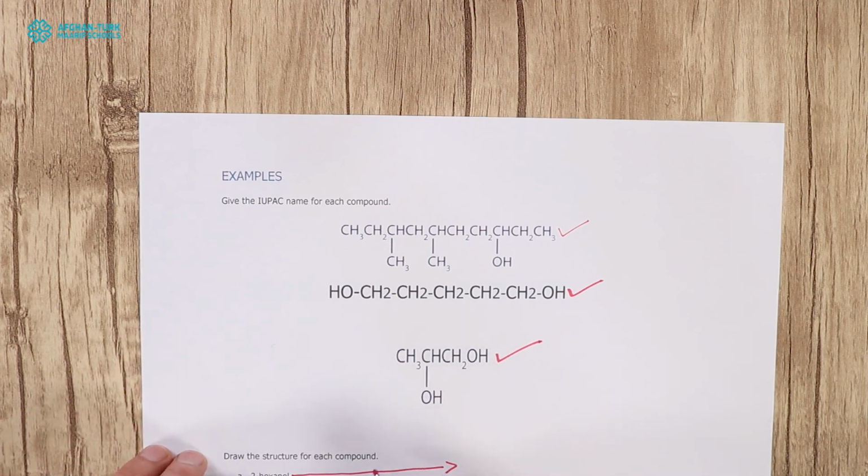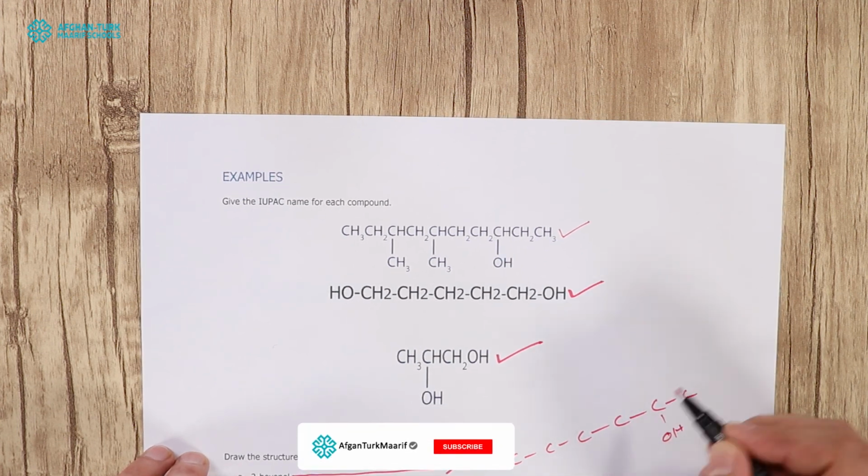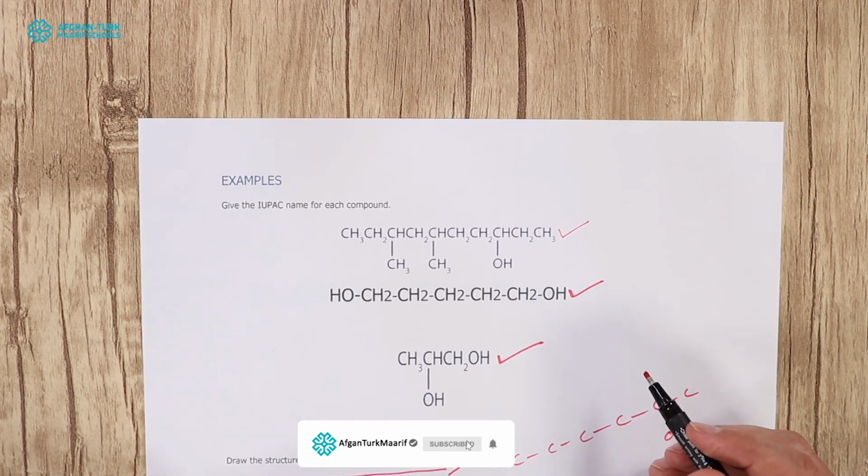2-hexanol. Hexa means 6 carbons. You will draw 6 carbons like this. Okay, 1, 2, 3, 4, 5 and 6 carbons. But on the second carbon you have what? You have an OH group, and attach hydrogen atoms to all, same as for this compound.